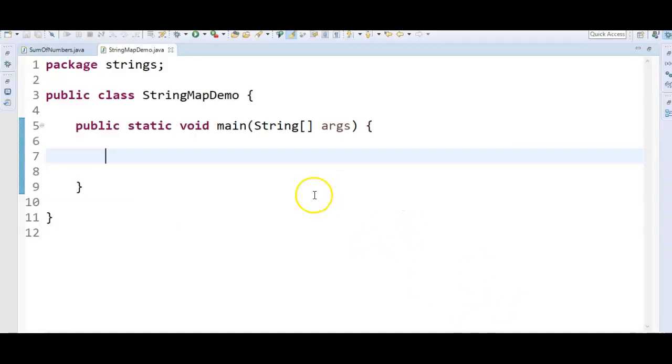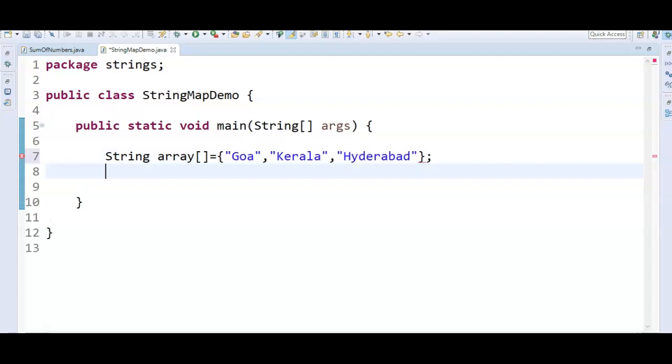Let's write the program. First create an array: Goa, Kerala, Hyderabad.